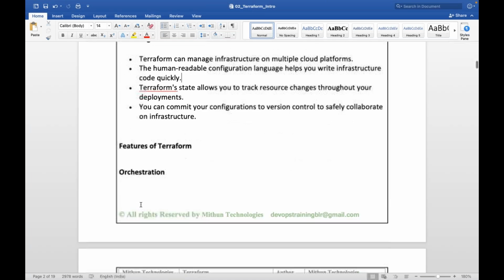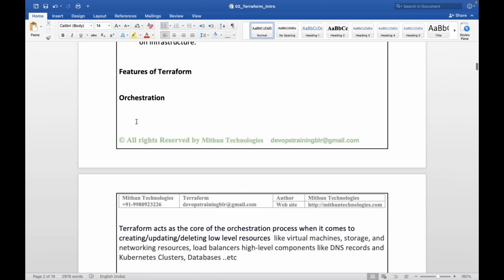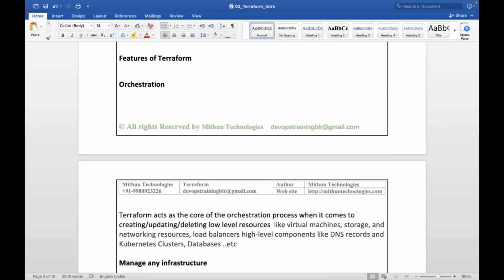So the features of Terraform: basically orchestration. Terraform is going to orchestrate your infrastructure resources.